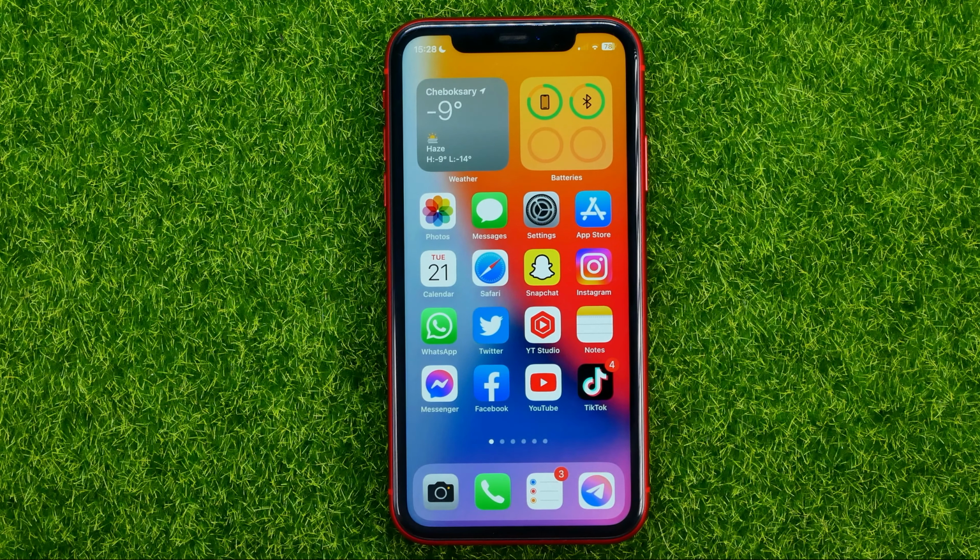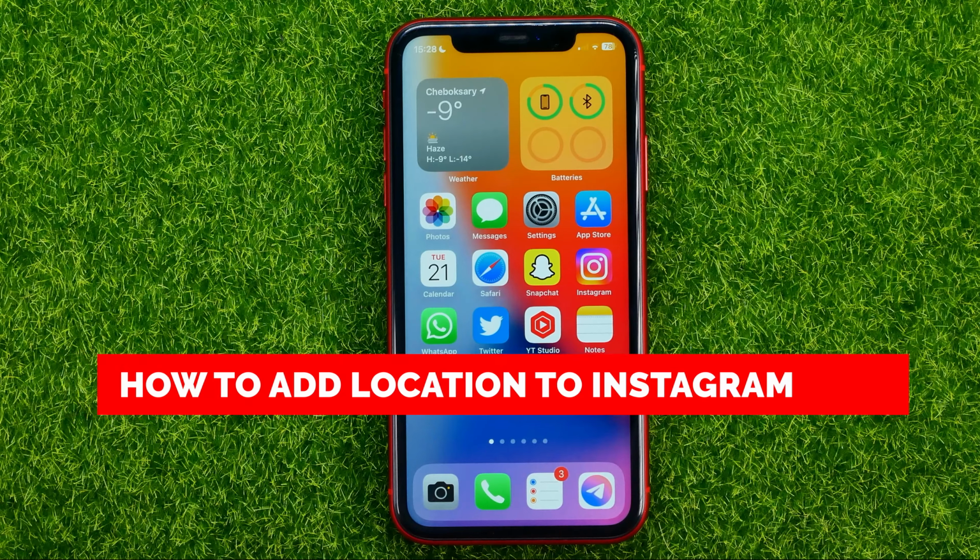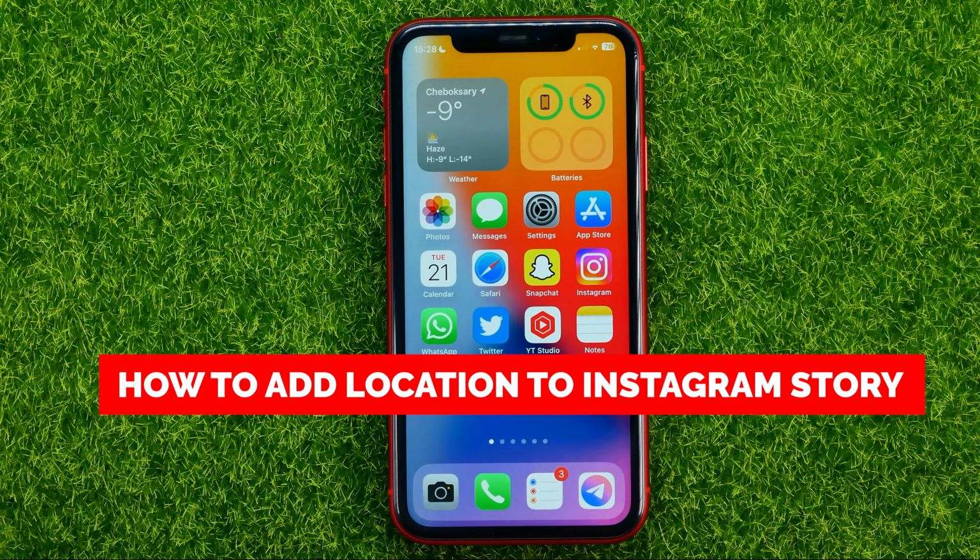Hello guys, welcome back. In this video I'm going to show you how you can easily add location to your